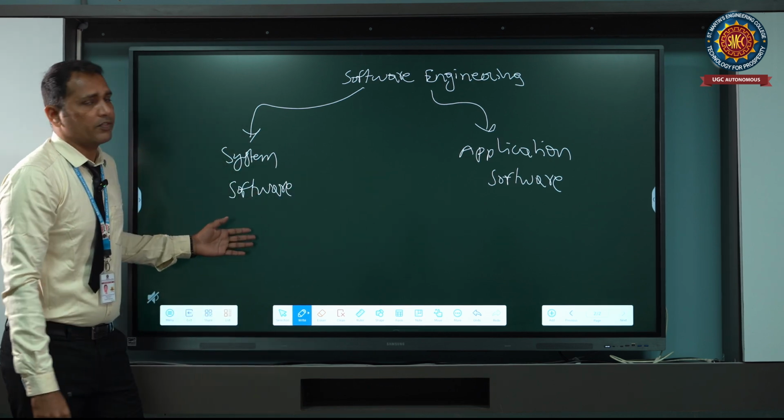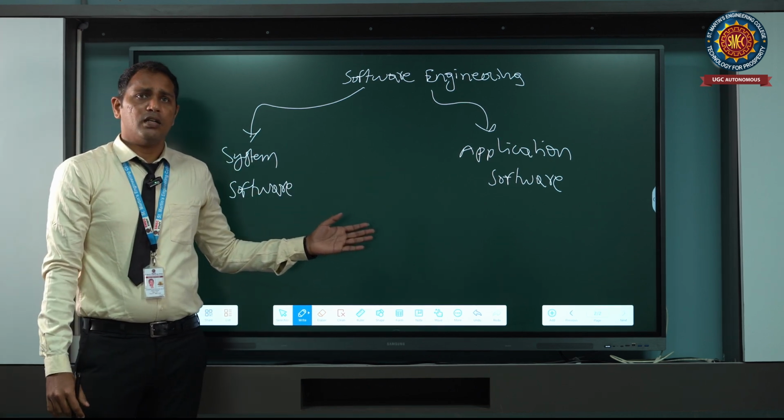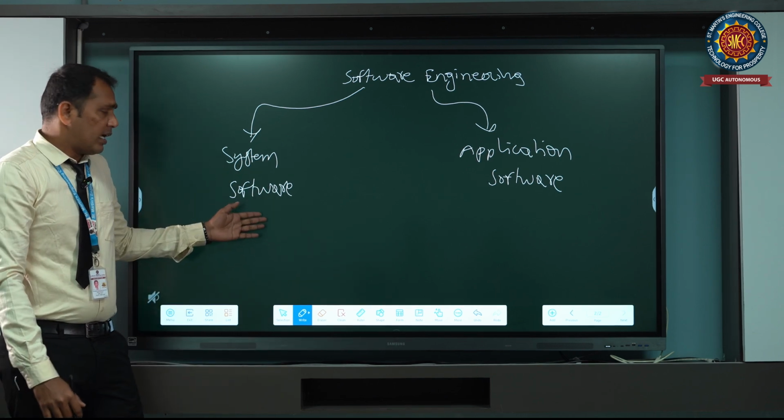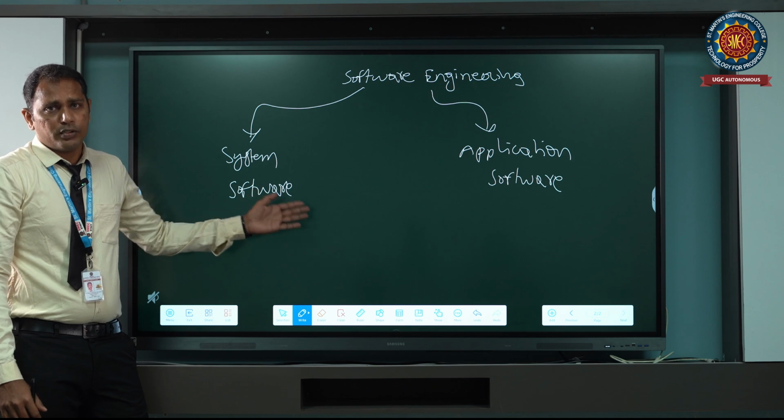What is system software? System software is the mother of all software. It is nothing but an operating system, for example Linux and Windows.